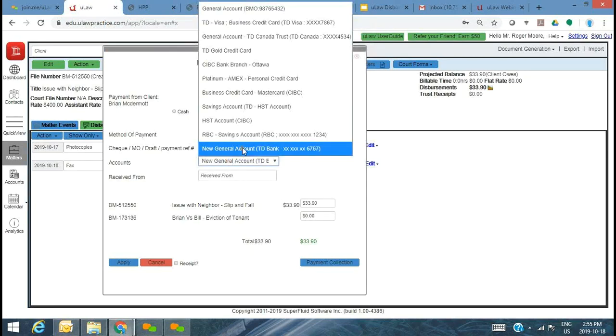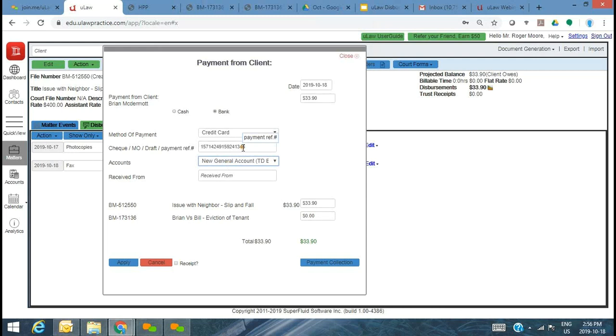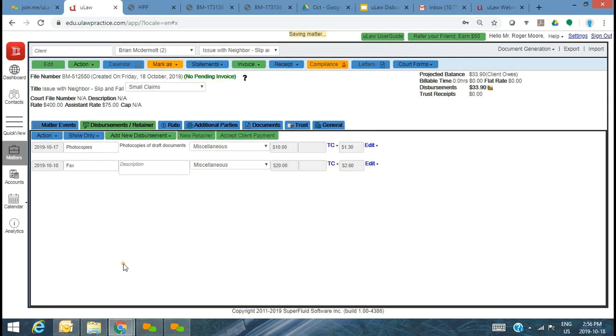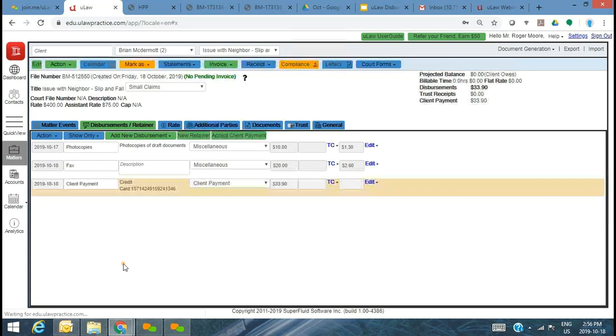I'm depositing it into my general account. So it really depends on where that money went. Now you can see there are two different matters, and it's associated with the matter for the slip and fall. Give them a receipt for the payment. Typically you should, but for purposes of today's time, I'll just go ahead and accept that payment. And that $33.90 was taken care of.